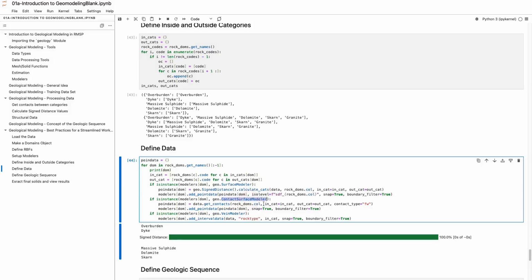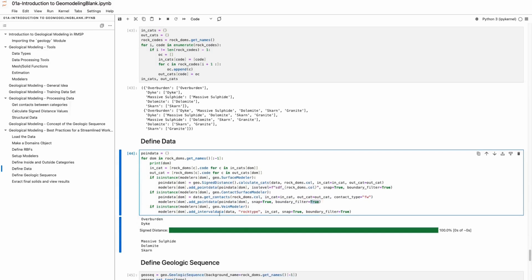Then for the contact surface modelers, whenever something is a contact surface model, I'm basically just going to extract contacts from that data. Again, just inside and outside categories. And in this particular case, I'm looking for the footwall contacts. So the contacts below, because I'm going from youngest to oldest. Okay. And then I'm going to add that data. I also want to snap to it, and also got that boundary filter. And then lastly, for